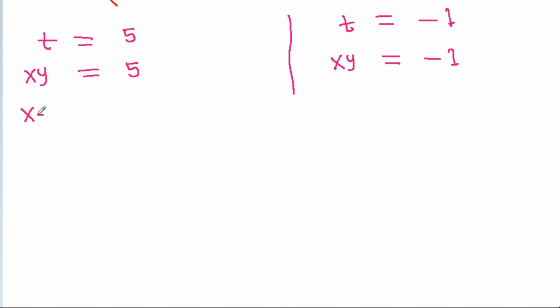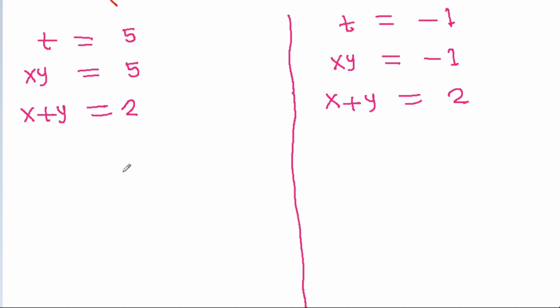and we have x plus y is equal to 2. Now we have the product of x and y, and also we have the sum of x and y. So the quadratic equation having roots x and y will be m square minus (sum of roots, that is 2) m plus product of roots, that is 5, is equal to 0. The roots of this quadratic equation will be x and y,